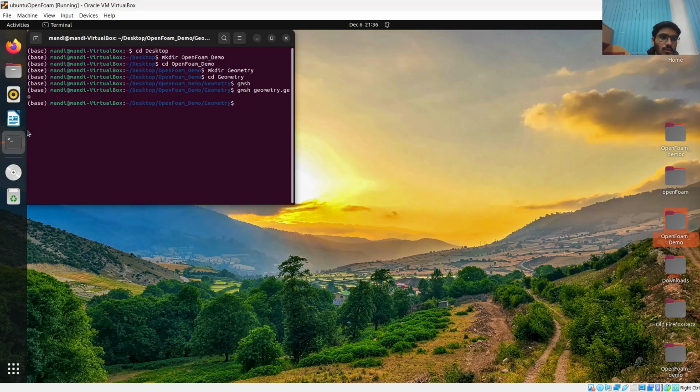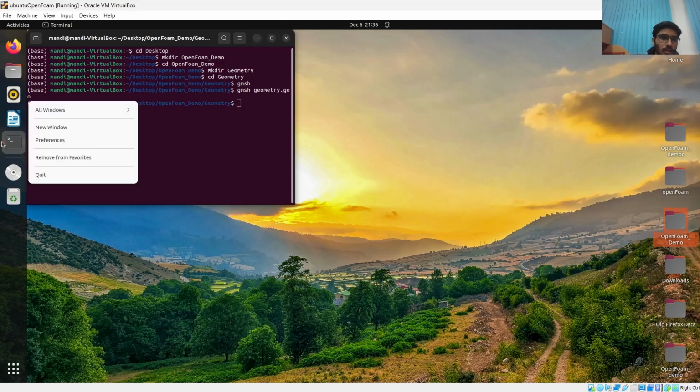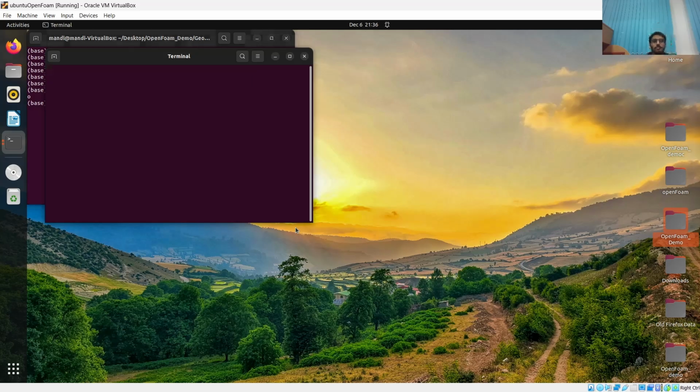So in this, I want to open a new terminal. Okay, new window. So in this, the way OpenFOAM works is that we need to choose a physical working example which is very close to our problem, and we choose this as a demo problem, and we are going to implement the solver of that problem in our problem. So first